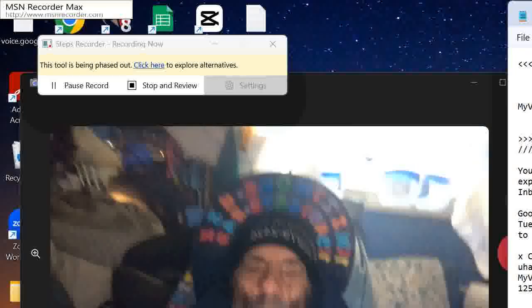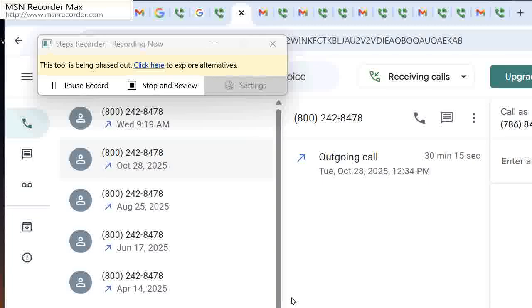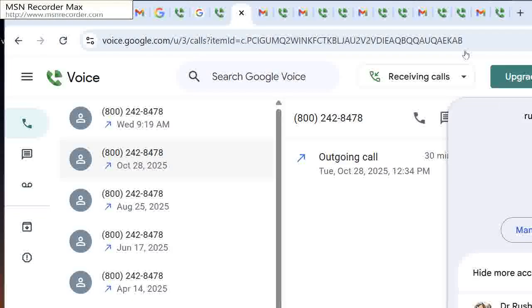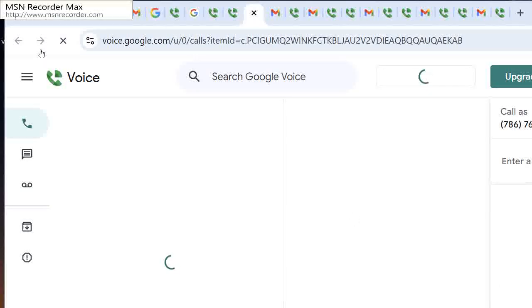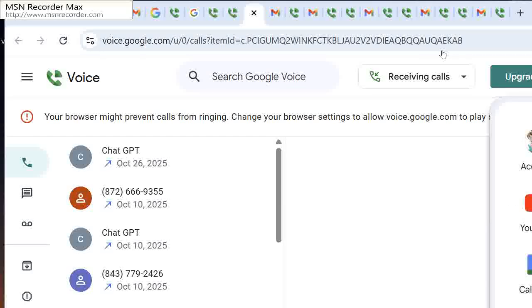At this point, I'm ready to proceed to the email address to find which Google numbers have been inactive and may be terminated. So I want to navigate to the email address, to the incoming mail, navigate to the Gmail,